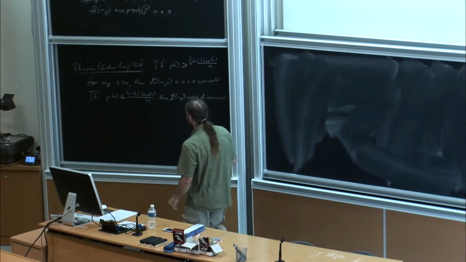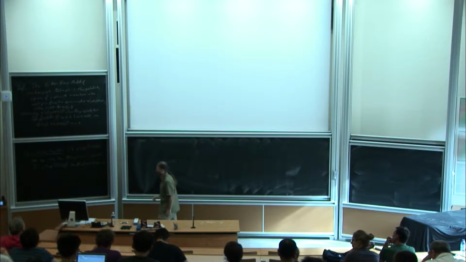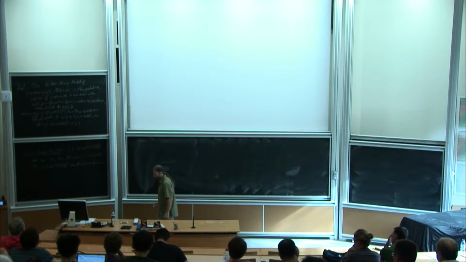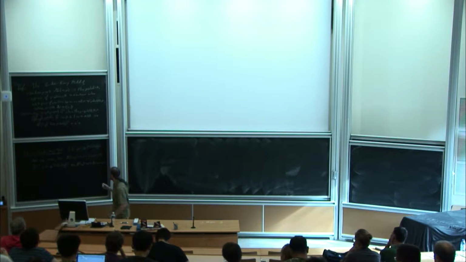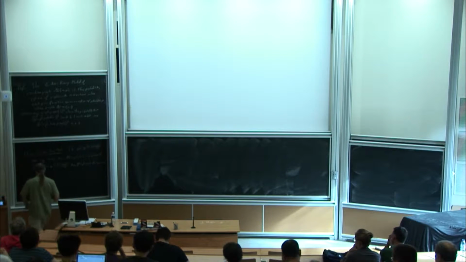Okay, so let me now introduce right-angled Coxeter groups, which is the family of groups that I want to think about. And I should say, maybe this is a good place to say on this board that will stay here,